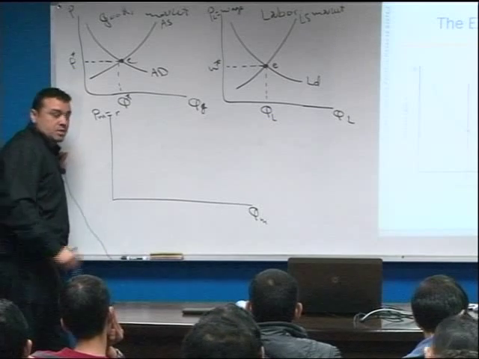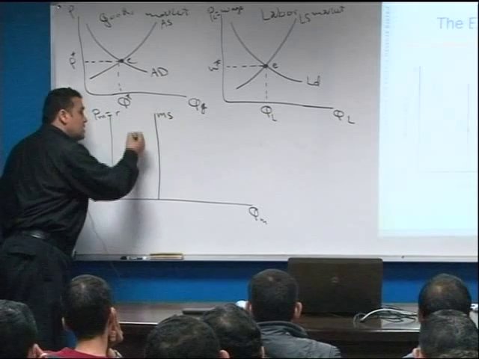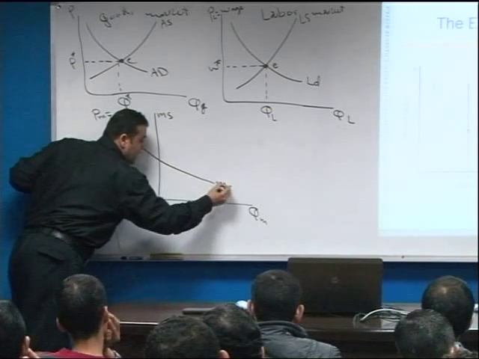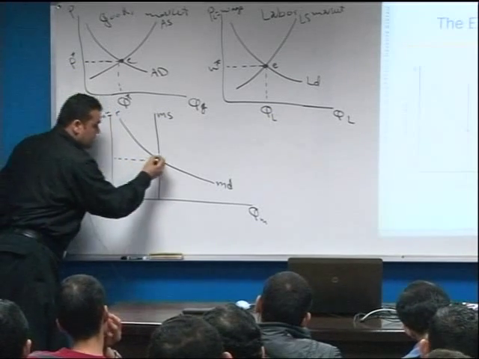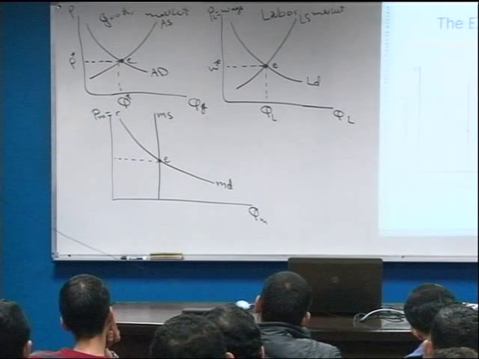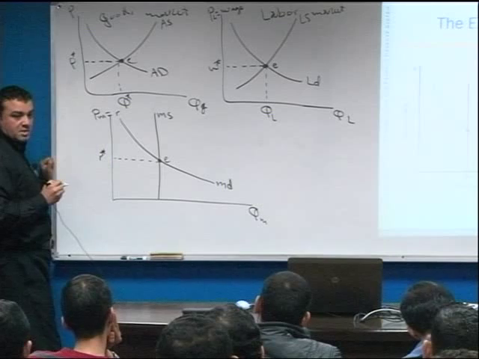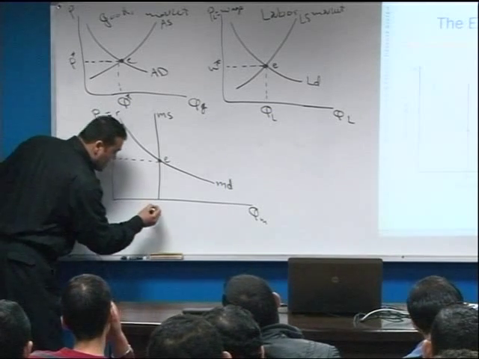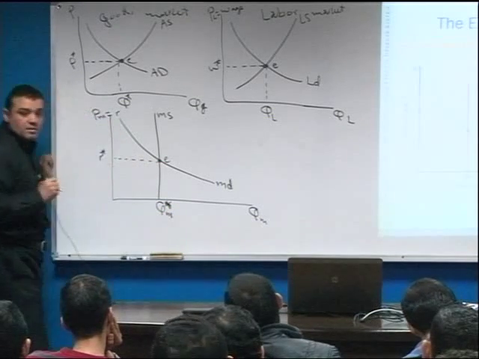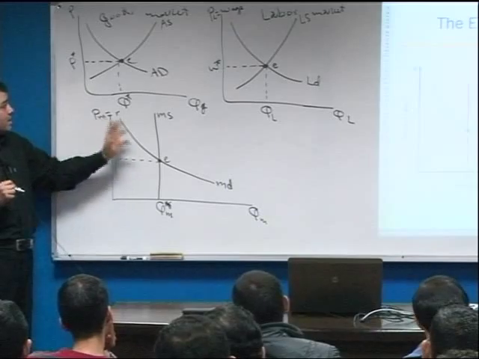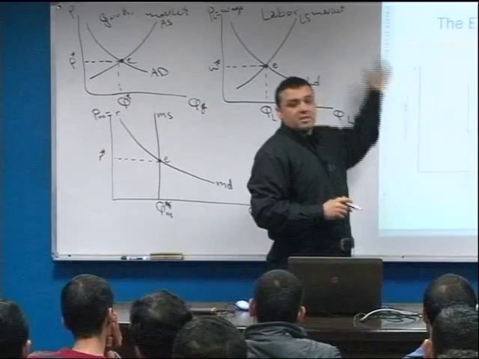The equilibrium occurs when the money supply curve intersects the money demand curve. This is the equilibrium point. This is R star, which is the equilibrium interest rate, and this is the equilibrium quantity of money. Right? Okay. Let's come back to the goods and services market and the labor market, and let's come back